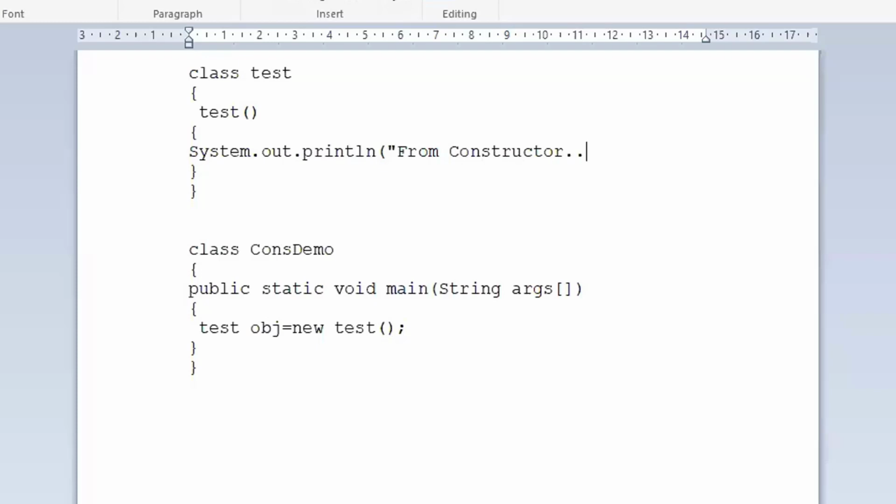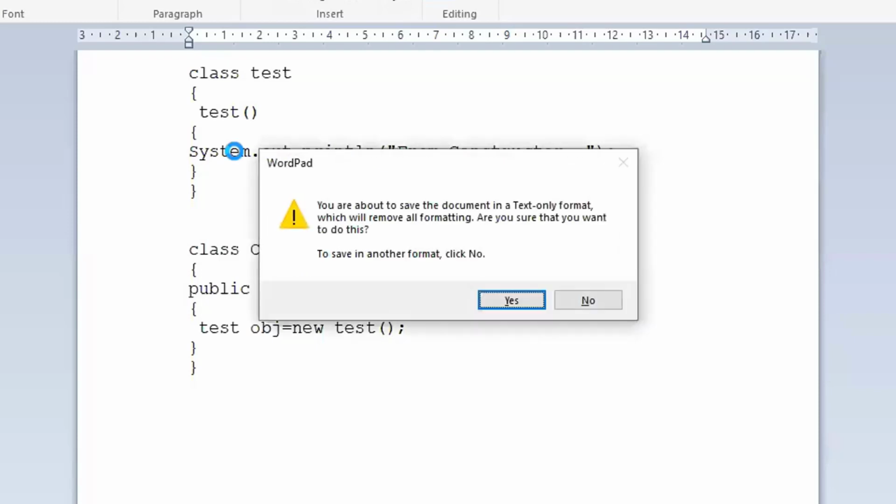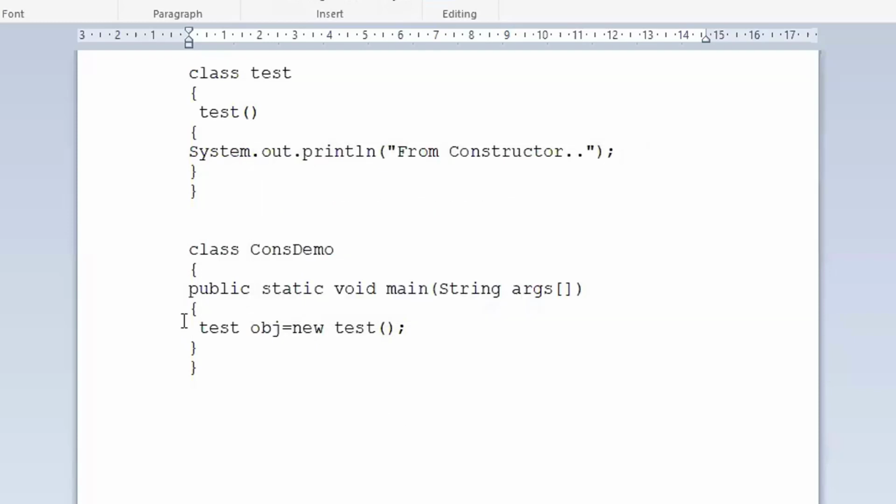So don't forget what we have said with respect to constructors. When you are creating an object, the new keyword is used for creating an object. That means physical existence. And Test followed by this bracket is nothing but a constructor, which is used to initialize instance variables.